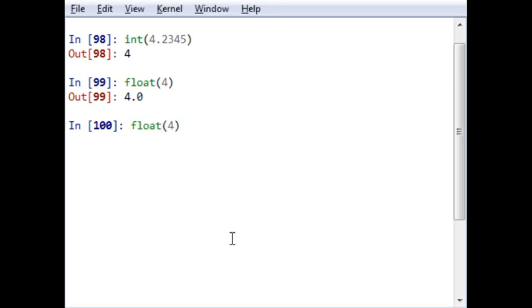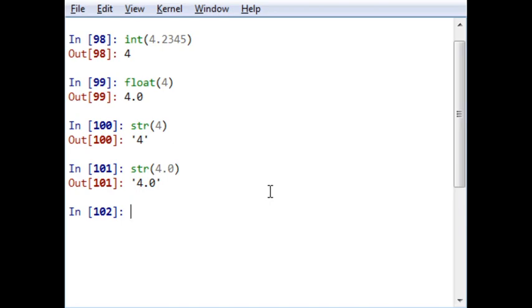But instead of float, if I write str of 4, it will show me 4. Now this is nothing but a string. It is not a number anymore. If I write str of 4.0, it will become a string.